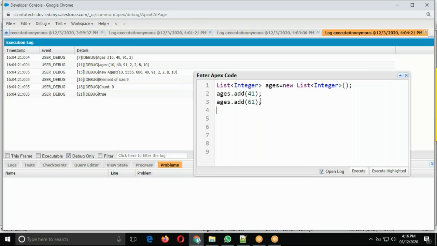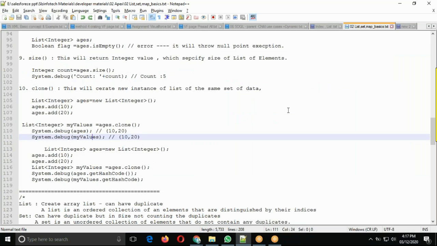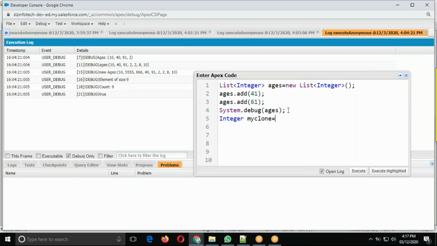and display the value, system dot debug, want to show the value ages, and then integer, my clone value is equal to new, no, not new, and what is the value, ages dot clone. So ages dot clone, सर yes, हम लिस्ट